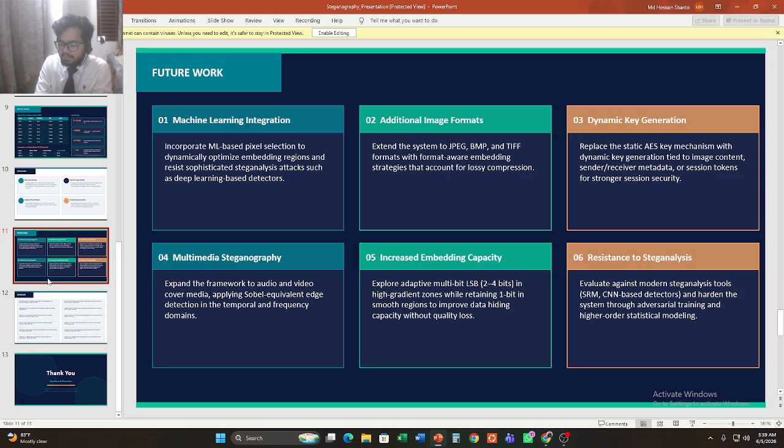For the Lena image, model 1 achieved a PSNR of 65.65 dB. Model 2 achieved 67.56 dB. The proposed method achieved 68.32 dB, the best. For Baboon, model 1 65.97 dB, model 2 67.33 dB, proposed 68.9 dB.